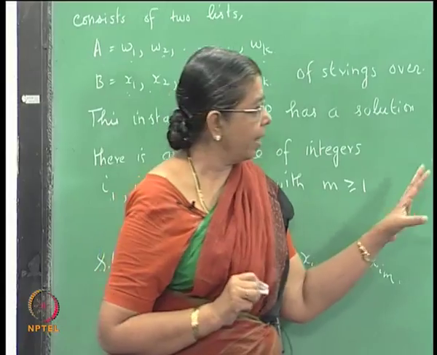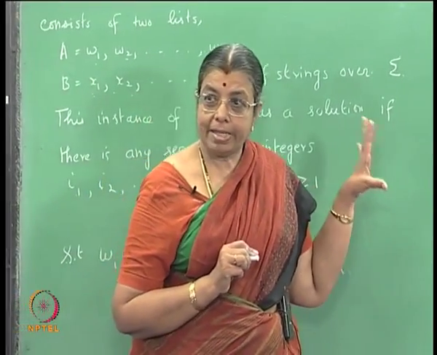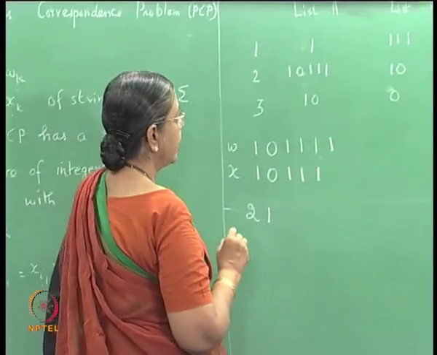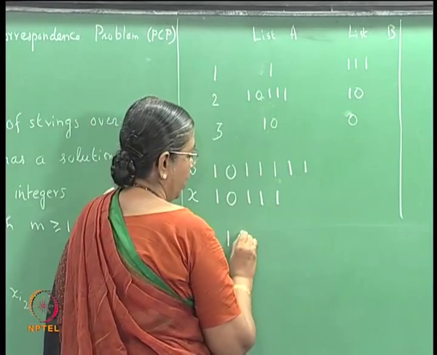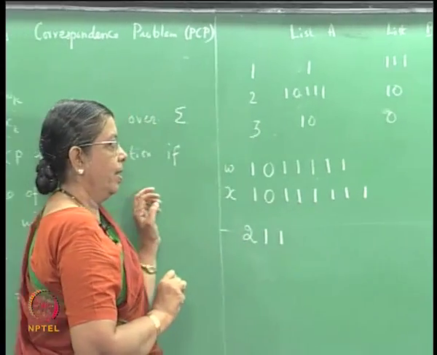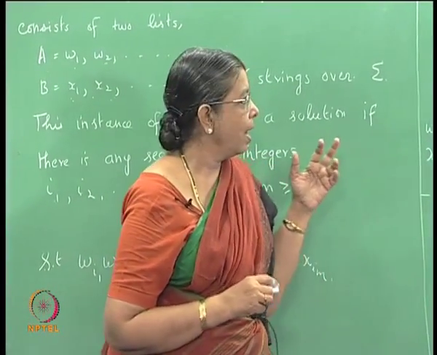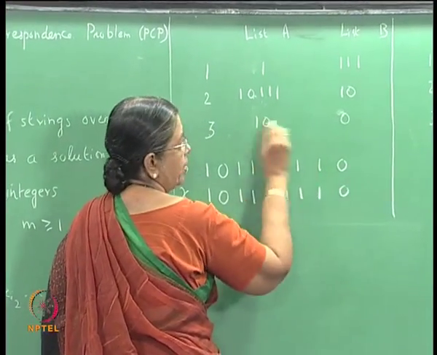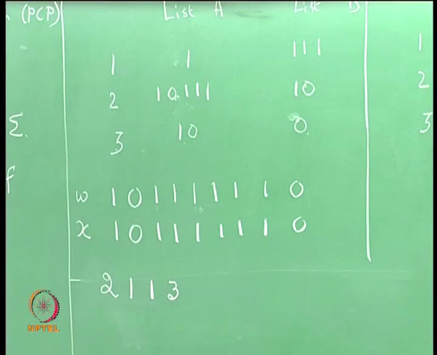Still they are not equal, they match up to this point, but they are not equal. You must have the same string in the W string and the X string. So, next again you choose 1, the same 1 here. So, 1 you have chosen, 1 1 1 here. Now, the X string is longer, right. Then if you choose 1 0 0 here, 1 0 0, that is 3, the two strings become equal,